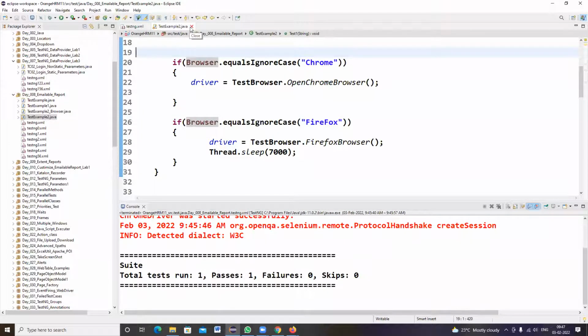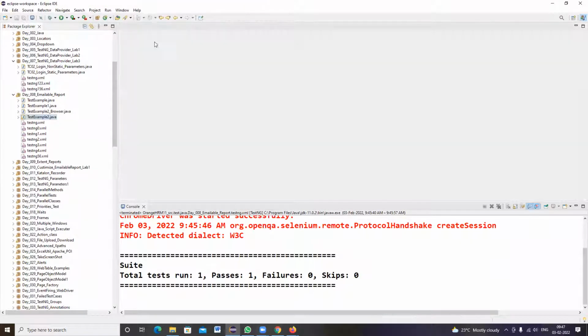You are asking something: which approach do I have to follow? In lab number 7, you specified the input parameter in the Excel, right? And you are getting the browser parameter value. You have seen @DataProvider, and in the Excel itself you have given it. Which approach should you follow? Some people might give the testng parameter in the Excel, but most people will follow the approach of giving the testng parameter in the testng.xml.